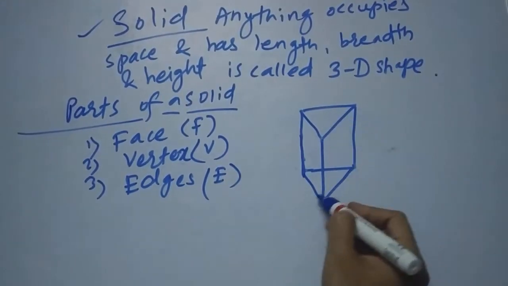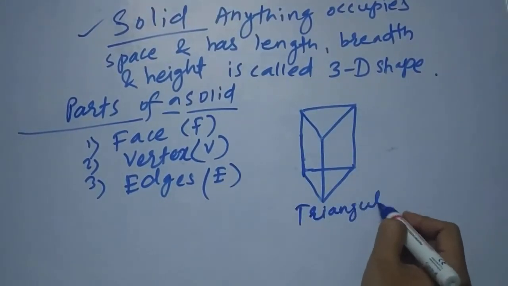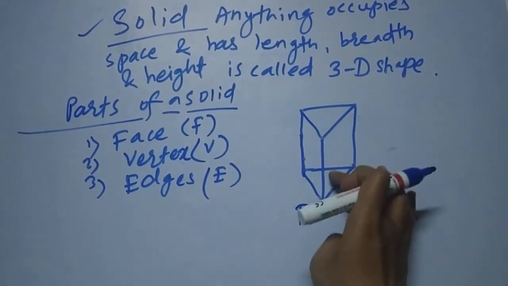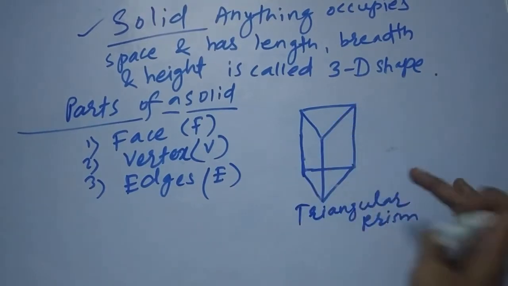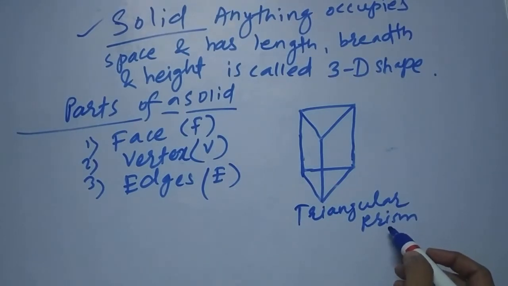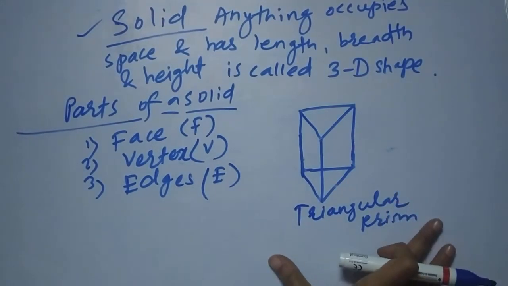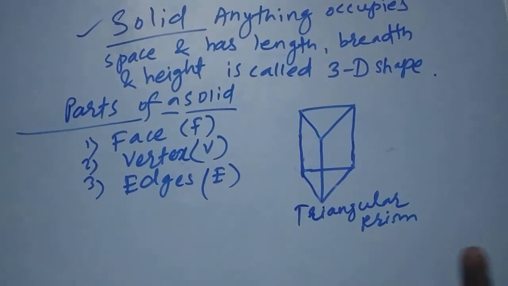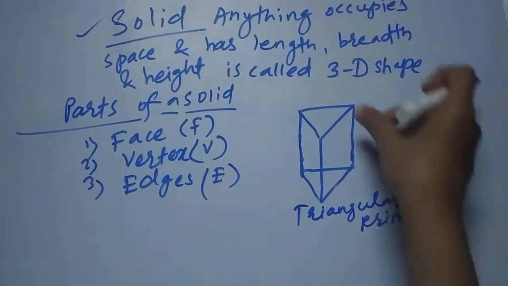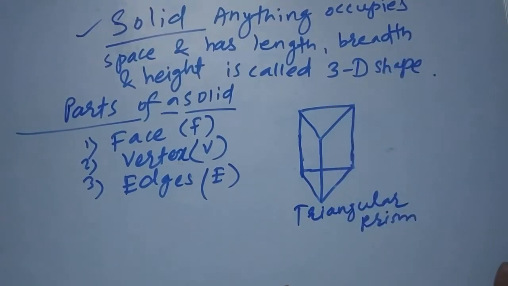Suppose this is a triangular prism. Here the prism has two same bases. Here is a triangle on its bases and these are parallel lines or rectangles joining that. So a prism is a solid formed by joining two congruent shapes, and those shapes are plane shapes like triangle, rectangle, squares, joined together with these straight lines. Which are the two congruent shapes here? Triangle. So we'll call it a triangular prism.